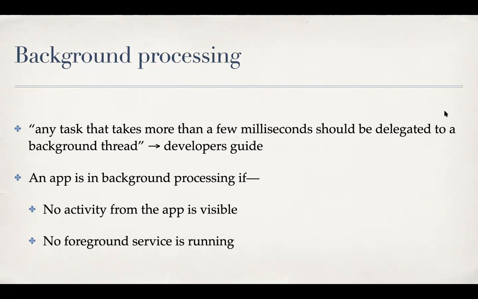So the guiding principle is, and I quote from the developer's guide, any task that takes more than a few milliseconds should be delegated to a background thread. So that is the key. I mean, anything that can take more than a few milliseconds, right? So 10 milliseconds or 16 milliseconds are the numbers that we have seen for ANR, and that is the important